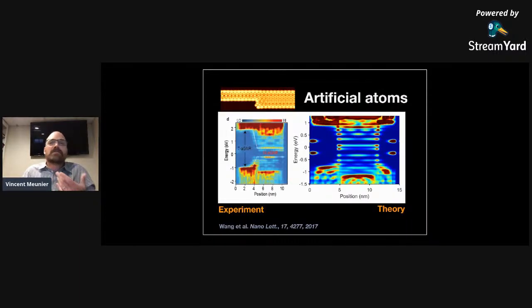In fact, I like to show this result from a couple of years ago, because it really shows that the knowledge of the position of each atom is so important to understand what's happening. On the left, it's an experiment. On the right, it's our theory. If you look at the different states, the symmetry and the properties are exactly as predicted. This is almost embarrassingly close to what we have experimentally, simply because we really have a handle and control over how the electrons are behaving in the structure, which is exactly what we want to do in quantum material.